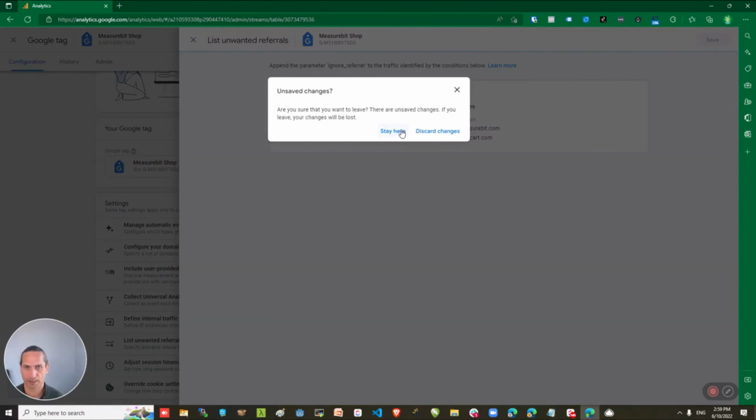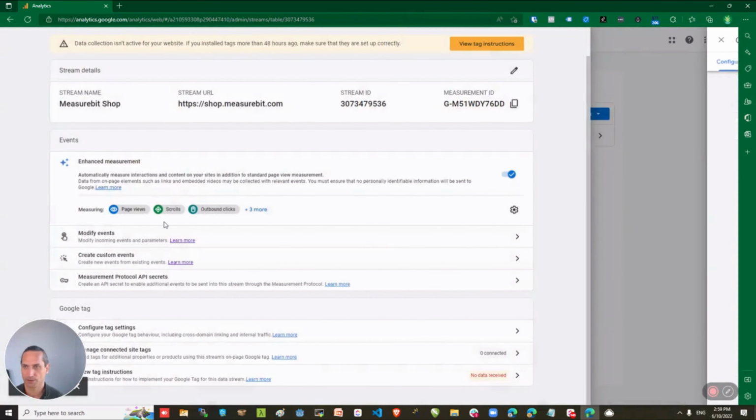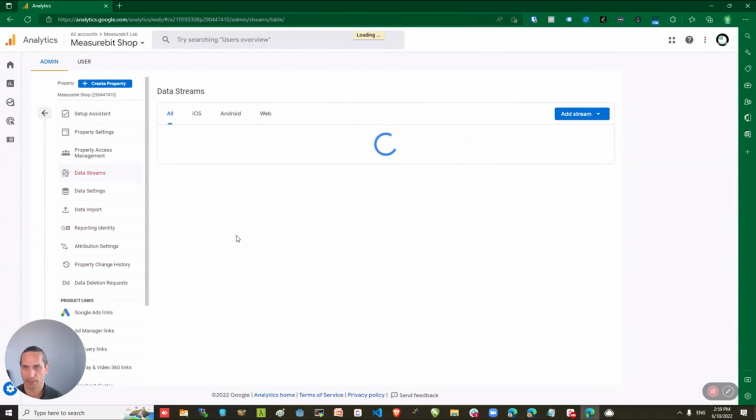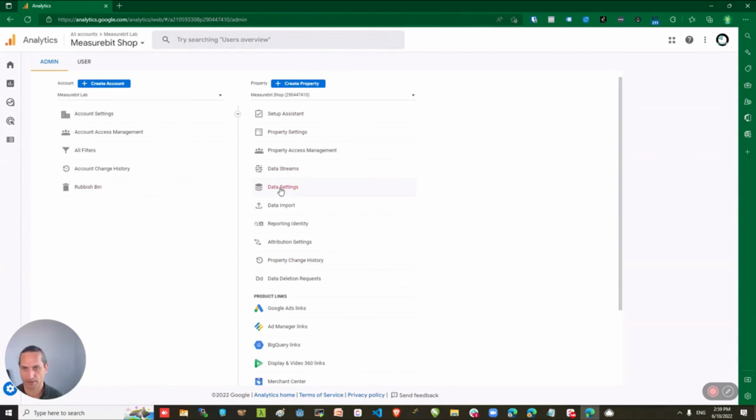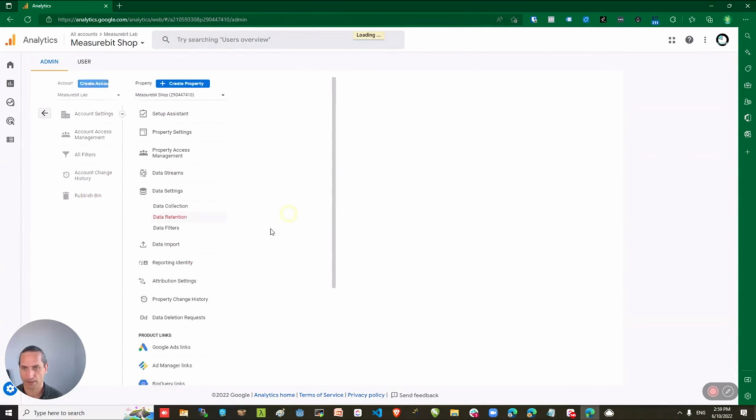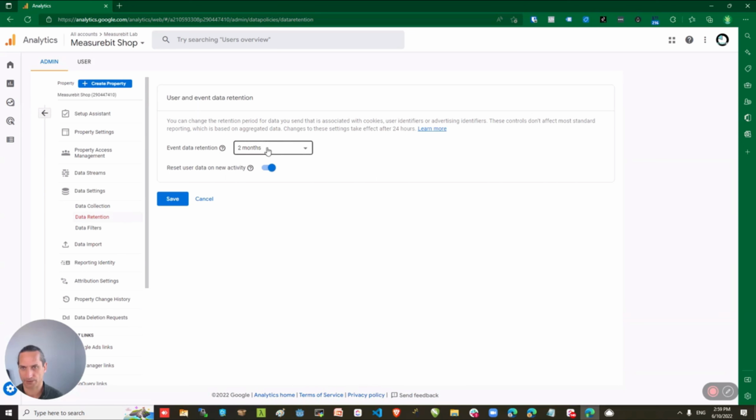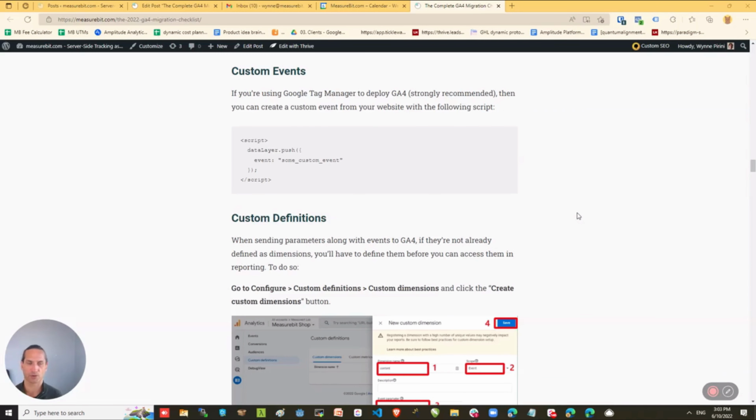Now I'm going to go back a couple of steps to our main admin window here, and what I want to do is look at the data settings. So I'm going to click on that, click on data retention, and you'll see that the default is 2 months. You want to extend that to 14 months. We want to get as much data as possible. Click Save. Next I want to talk about custom events, and the way we do that is generally from the